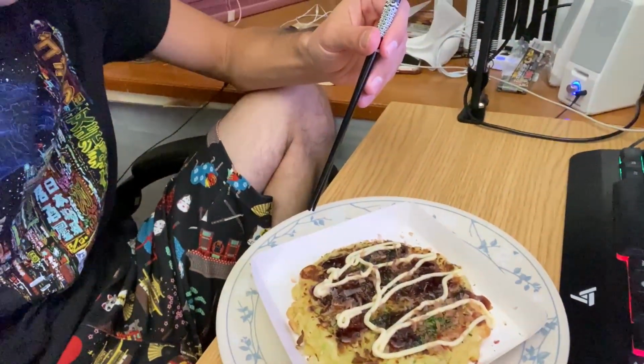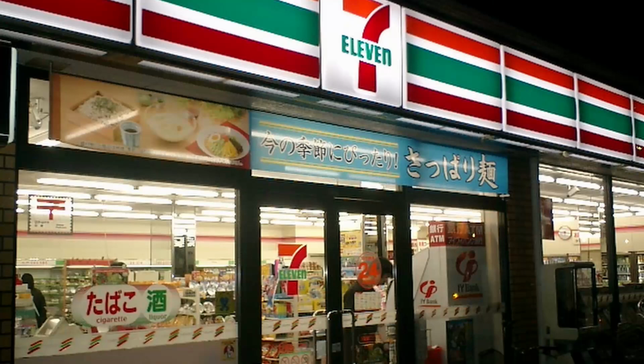It's late, but I wanted to make this video because I'm having a snack. This is a microwavable okonomiyaki from 7-Eleven. And if you don't know what okonomiyaki is, it's,